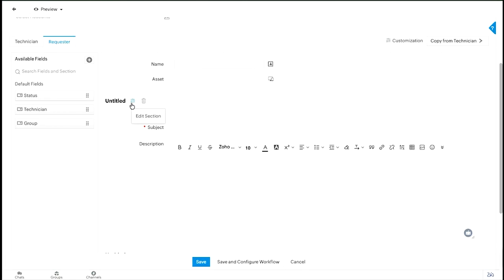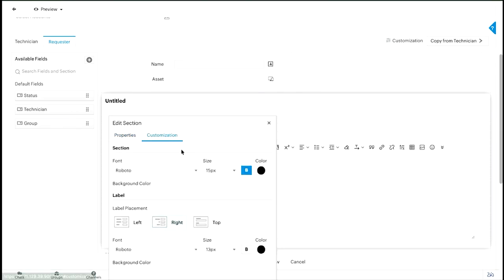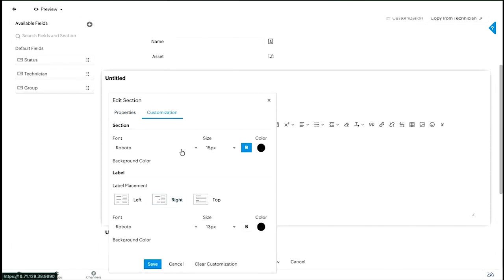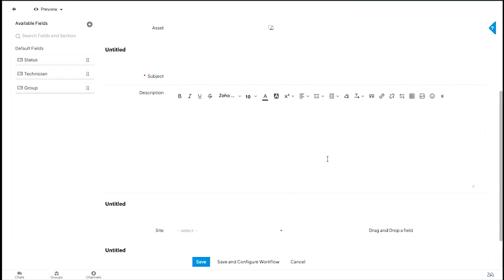form customization is under sections. You can click on edit and provide the section name, and you can even provide a help desk text, or you can further customize it at each and every section by providing a different font, a different size of the font, a different color of the font, and the background color. You can even choose the different placement of the labels, and you can customize the font and background of the entire section, right? And once you've customized it, you'll be able to see the changes over